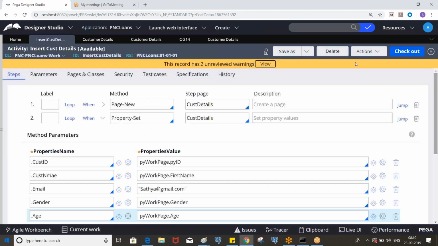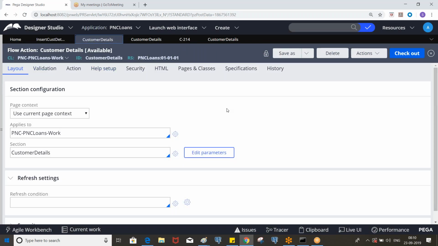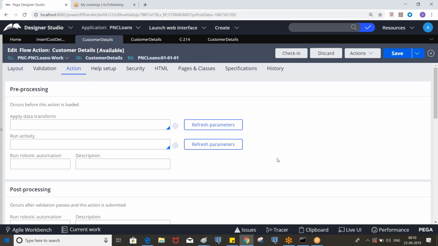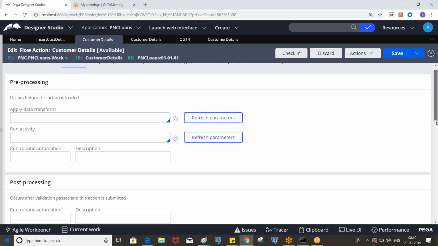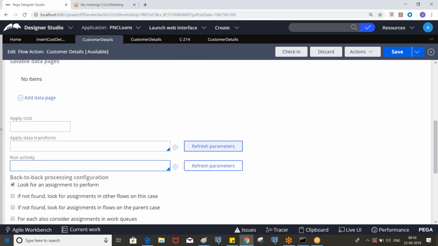Right. So now go to the flow action and invoke it in the post processing of this flow action. Before doing any changes, you need to check out. Okay, and invoke the rule. We created an activity in the work class, and we can call it.